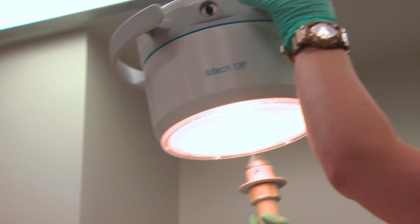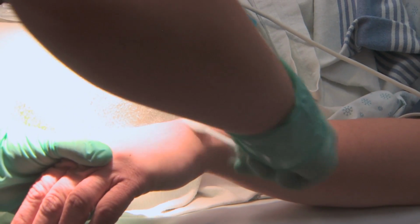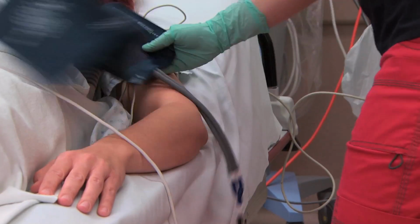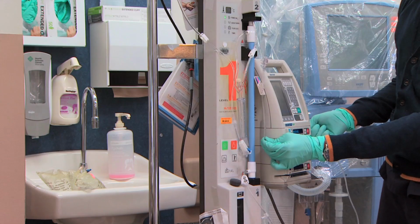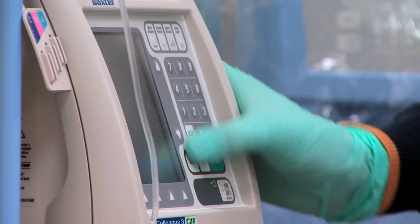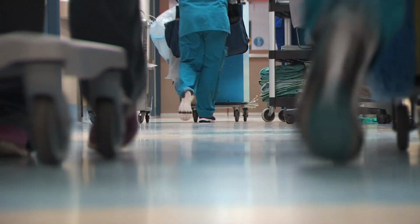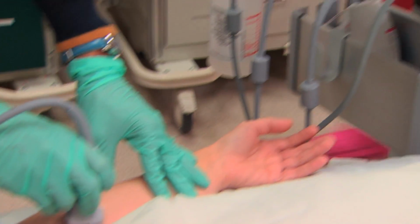With today's healthcare environment, we need redundancy and reliability on our electric utility for two reasons. One is that we need to be able to deliver healthcare regardless of the conditions. So regardless of if there's weather problems or if there's problems with systems, we need to be able to have electricity, because the electricity is being used to provide patient meals, it's providing basic lighting, it's providing electricity for diagnostic